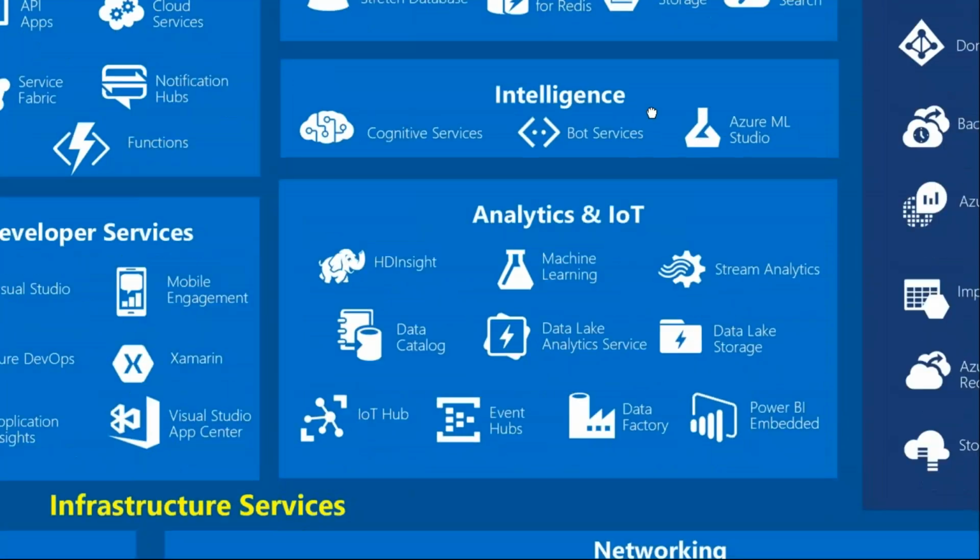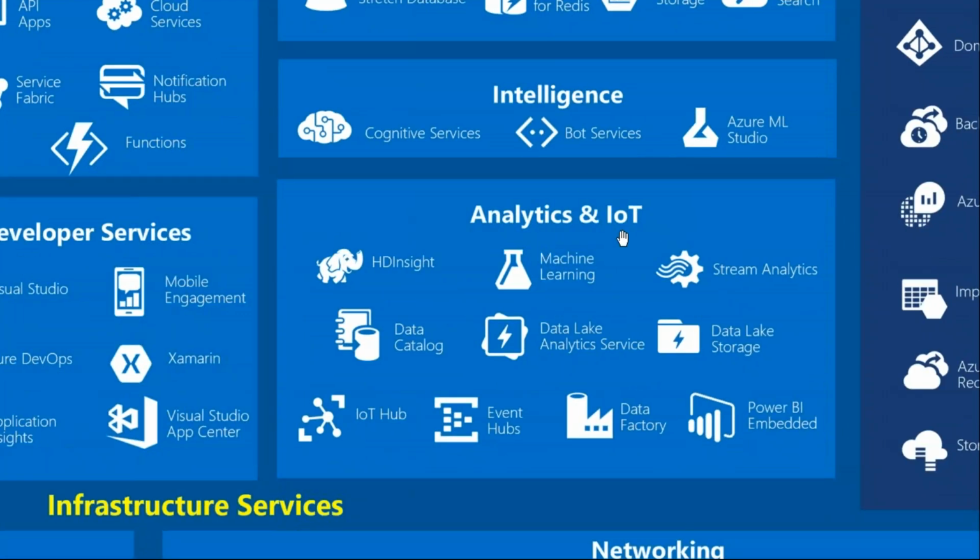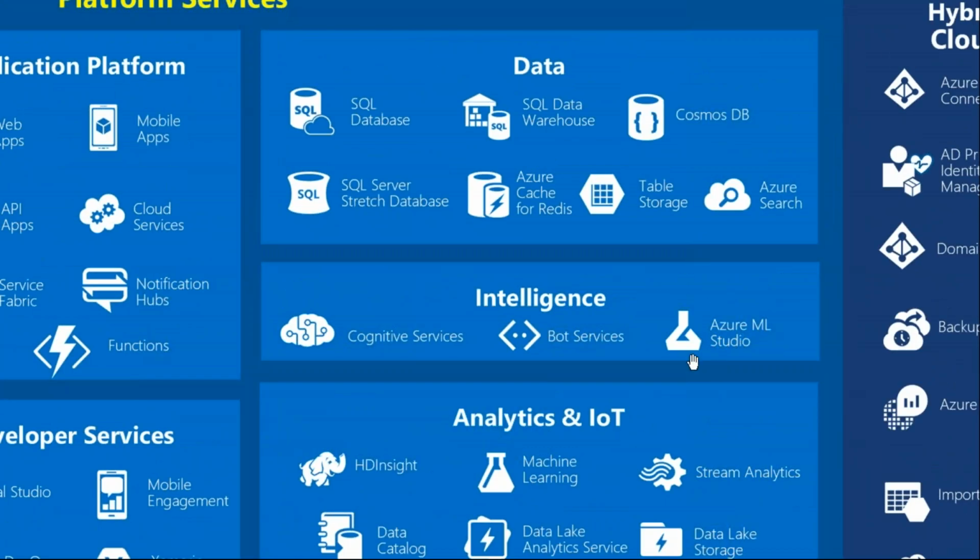Then we get into the really cool stuff, the intelligence and analytics and IoT, Internet of Things. We can have an IoT hub, all of the devices that we have in our house now for Nest or Ring. Maybe we want to do some analytics on that. We can store that in our cloud services and use Azure to bring that data in and do analysis on it. We can create data lakes. We can do data lakes analytics. We can do cognitive services. We can do the Azure machine learning.